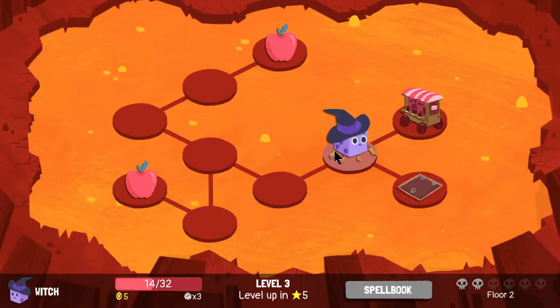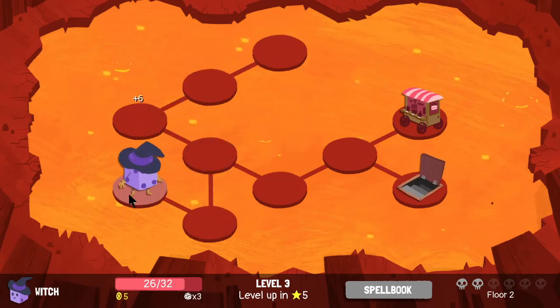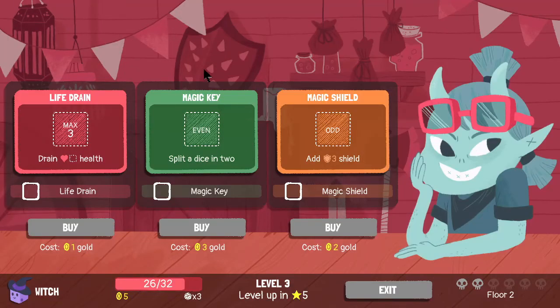All right. So we'll heal up, and I will see what is in that shop. There are my apples. We didn't have any other... No, there were no other treasure chests. Well, I mean, I was super low on HP. I didn't realize how low on HP I was. I don't know if the witch gets any sort of healing items, or healing spells, because that'd be really, really helpful. Split a dice, add 3 shield, or deal... Oh, drain health. Max 3...